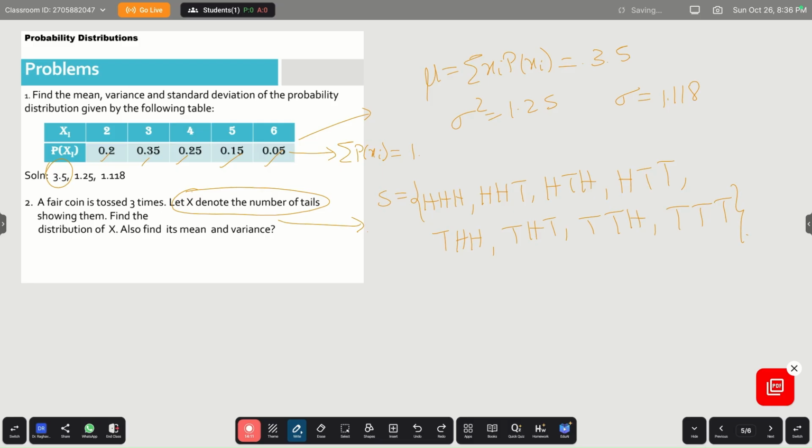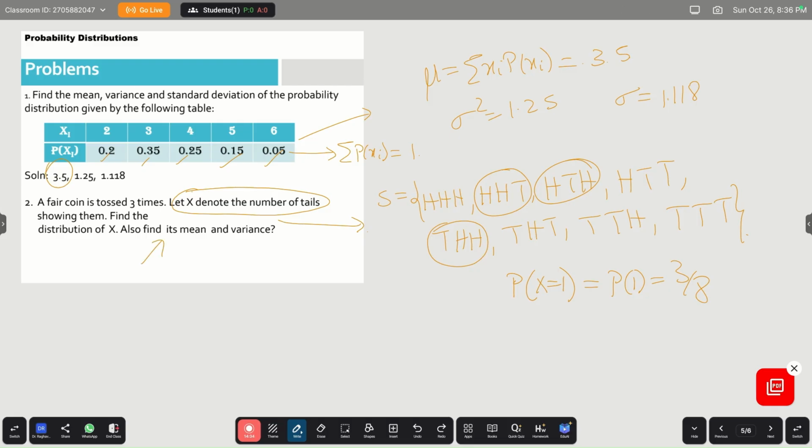Just for one example, here one tail, here also one tail, here also one tail. In these 3 cases, x will be 1. Probability of 1 is 3 out of 8. So the remaining cases you can see yourself, and you can prepare your own table,